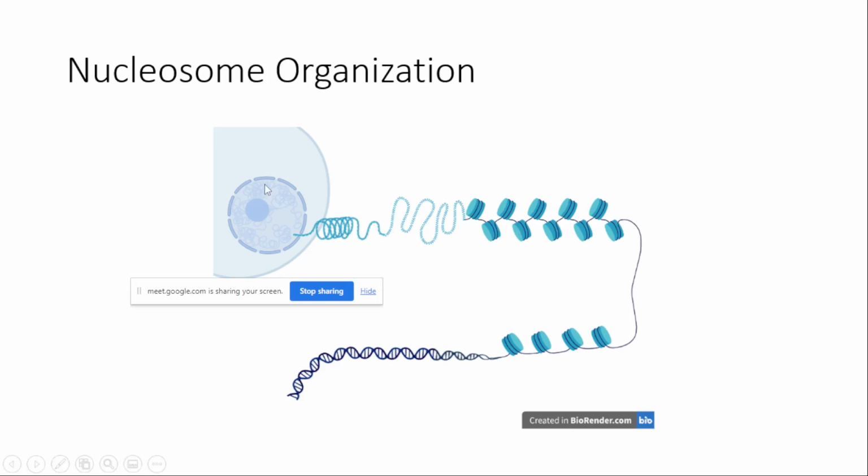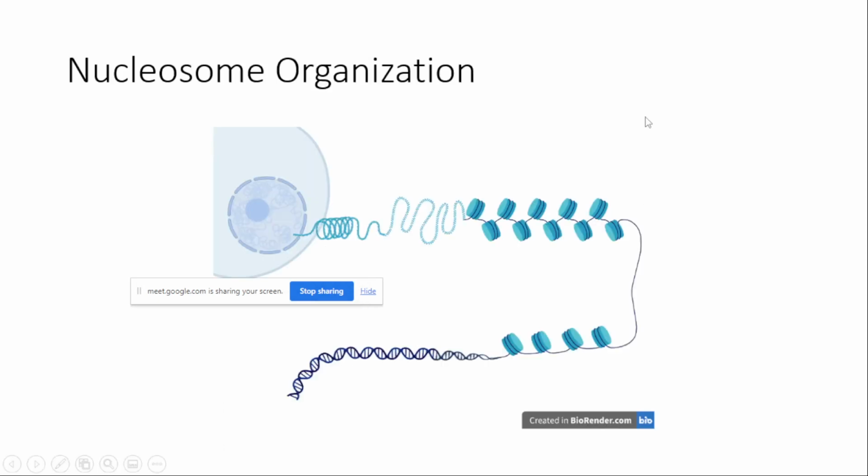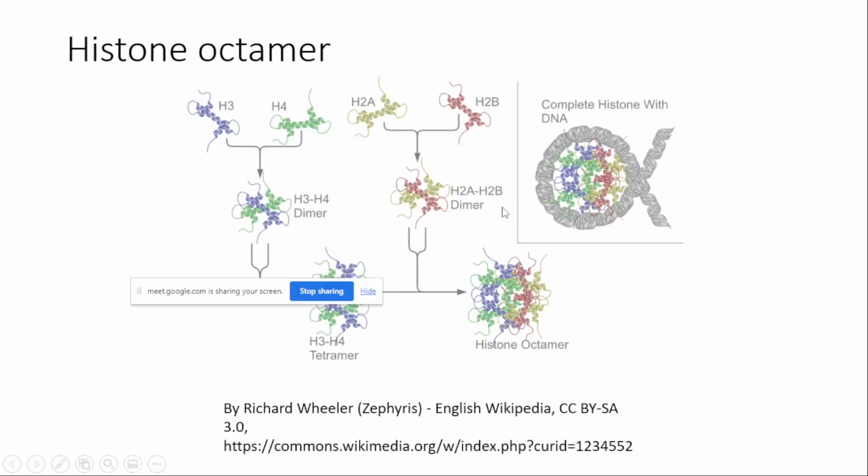So that is called a nucleus. This structural organization is known as nucleosome organization. Now let's talk about the histone proteins, or histone subunits, which act as the beads in the nucleosome. In this bead, there is a histone octamer. So how is this octamer formed?